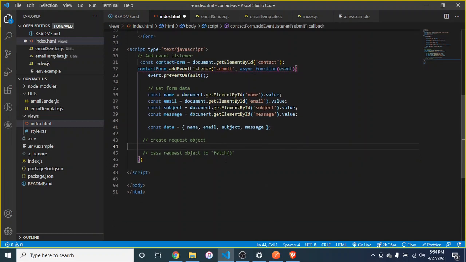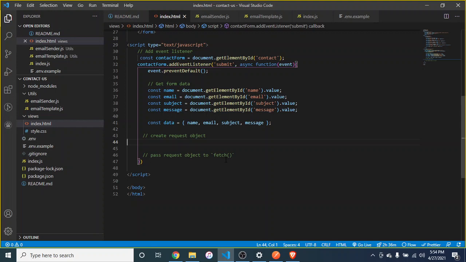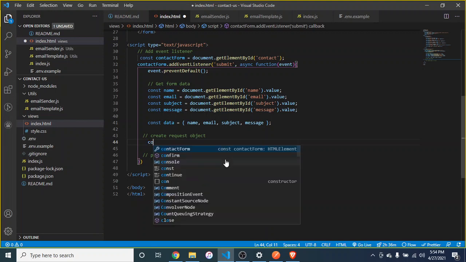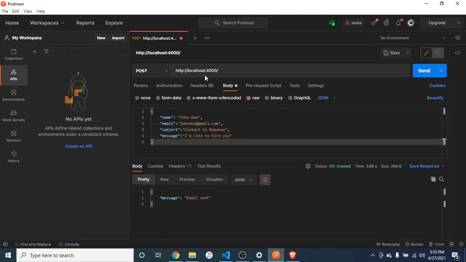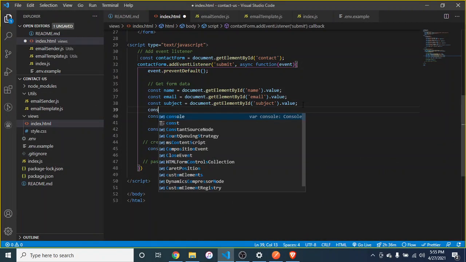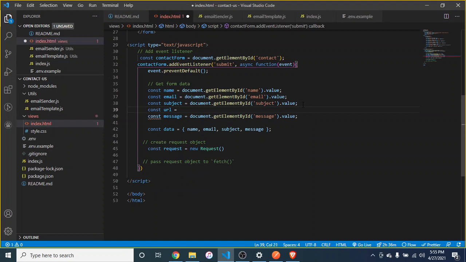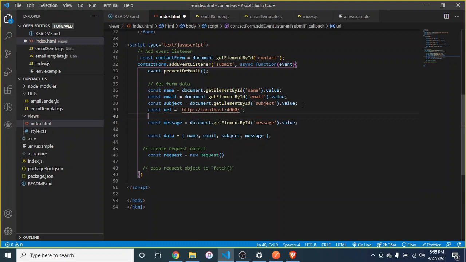The next thing we're going to move on to is the request object. This is where you put all the necessary information concerning the request you want to make. Here we're going to put the URL, the endpoint that we want to make the request to, and that's this. Let's store it in a variable called URL. Okay, so URL, and other options that we're going to put, so things like the method,